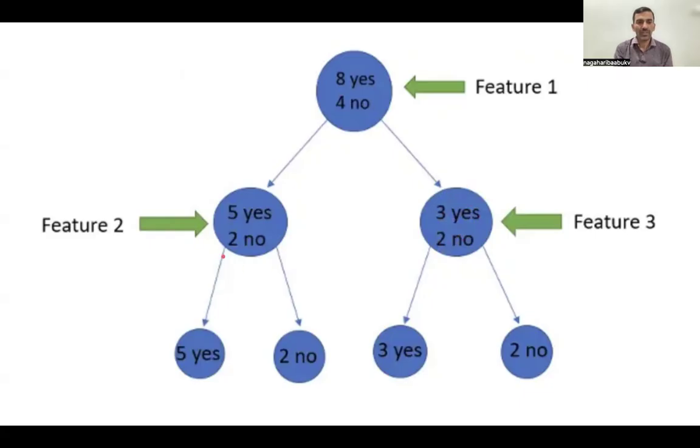Now let's apply another feature here. Let's take maybe body pains. If the patients have body pain, out of the 7 patients, 5 have body pain, and all the 5 are detected as corona positive. The other 2 don't have body pain, and they are detected as no corona. Similarly, with another feature like cough or something else, you divide the data set into 2 groups, and this is based on the entropy formula.